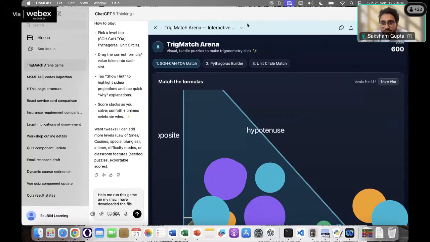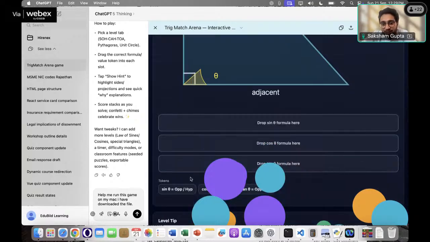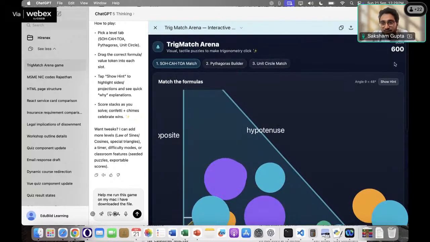So you can try making those fun games. And this is the first iteration. So sometimes it, for example, got stuck here. I want to change something. Maybe I can go back to it, write a prompt. I didn't like this. Can you change something there? So this is the very early